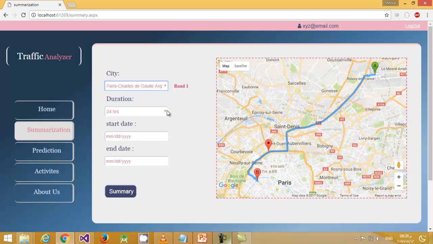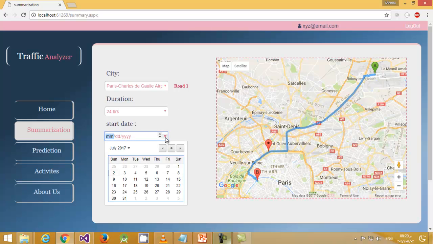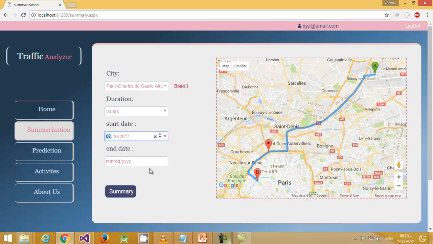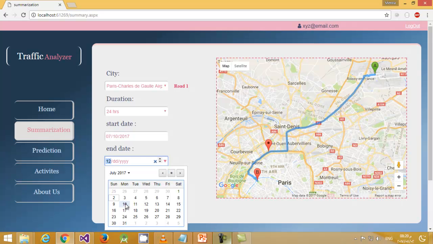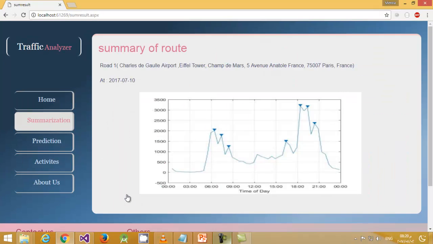Also, we provided several options for the user: 24 hours, 3 months. The period he wants to check its summary, and the date. Let's select the 10th of July, and then it should be the same date, and then get the summary.